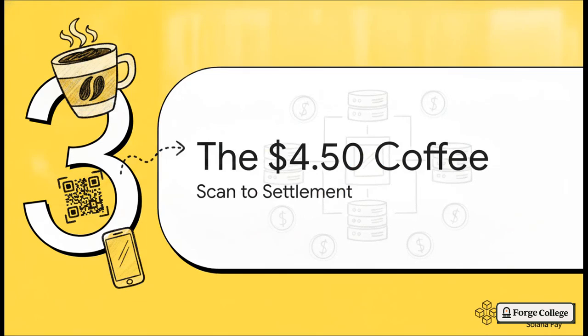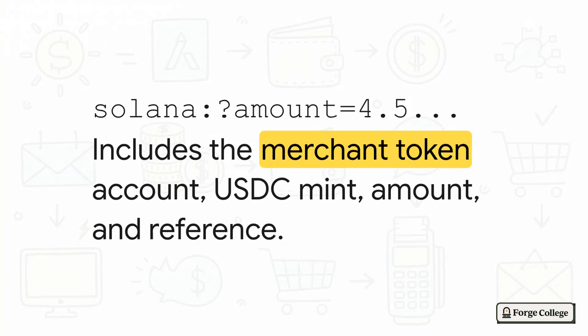All right, Section 3, the $4.50 coffee. Let's make this real. Let's map all this architectural theory onto an everyday scenario, say buying an iced latte. Imagine a simplified URI generated for an actual invoice. We'll call it